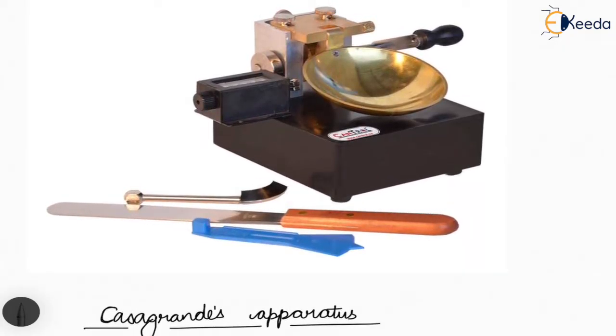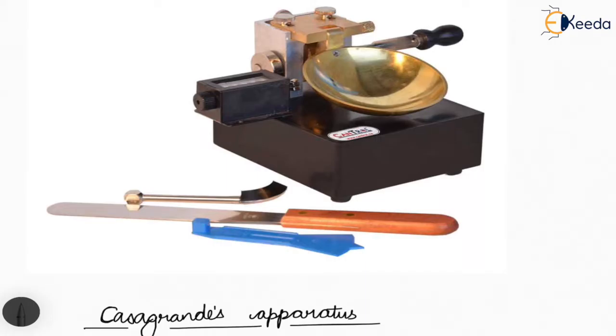So, here in this figure, you can see what we call Casagrande's apparatus. There is a bowl, there is some rotating mechanism. For now, let us understand it this way, just a brief outline of the various components. At the bottom you can see three different tools. The one in blue is known as the Casagrande tool. The metallic one just above it, without the handle, is known as the ASTM tool.